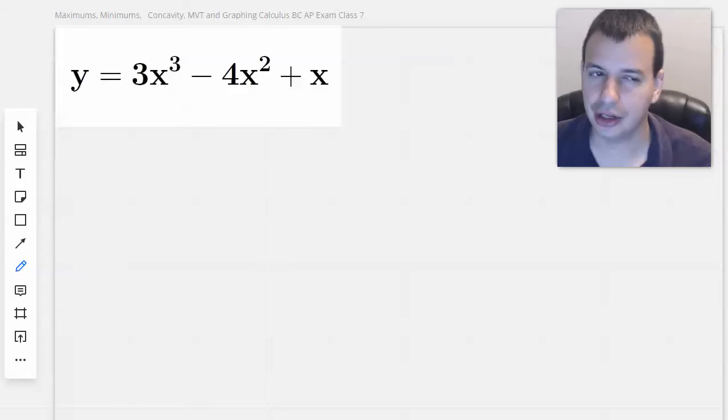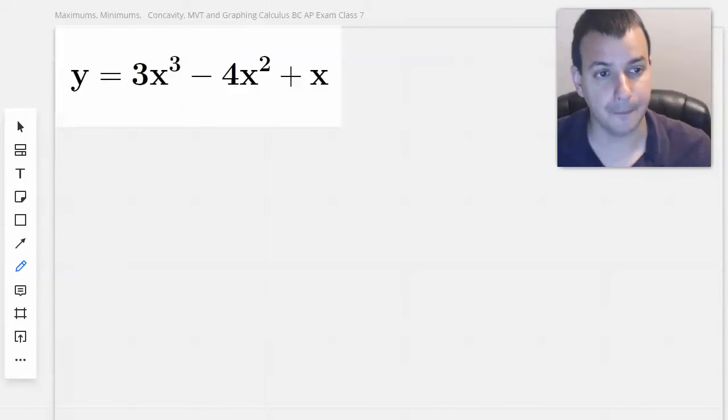And the easiest way to go through it would probably just be to go through an example and show you what a sign chart is and what kind of information you can glean